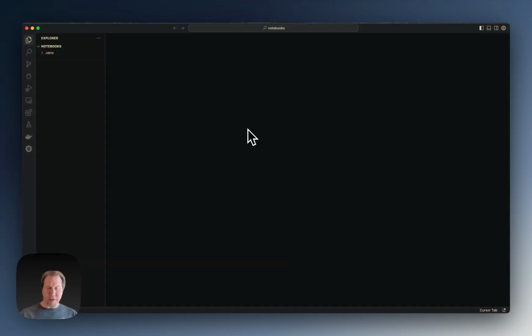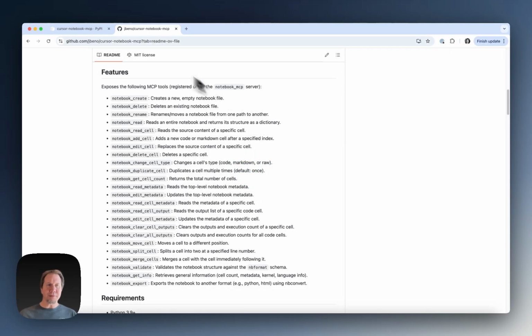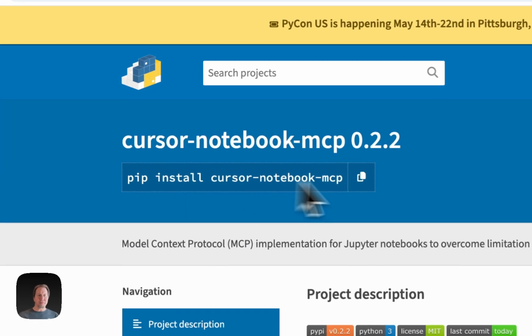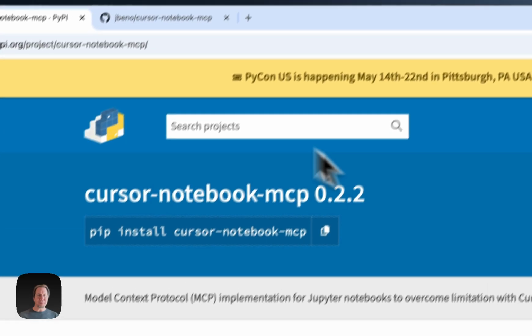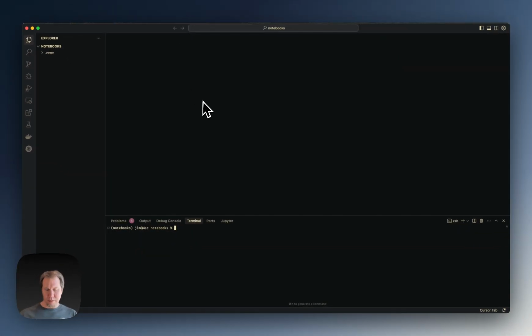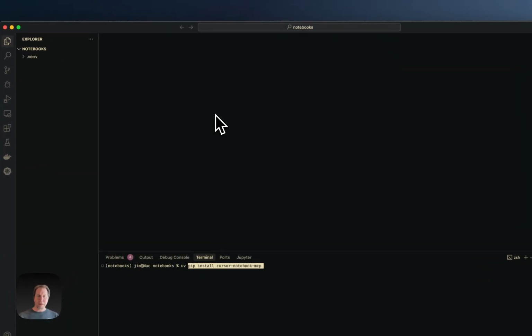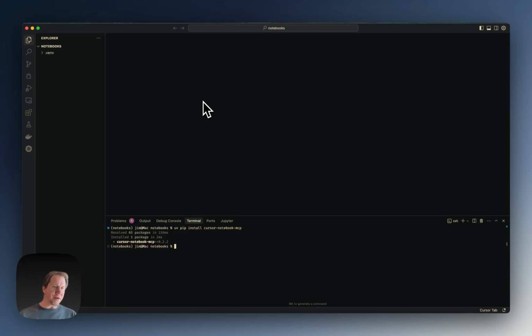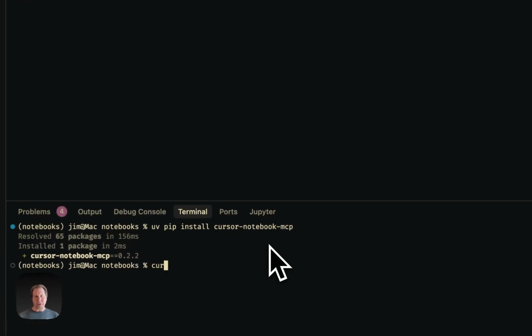And let's go take a look at the package. So, pip install Cursor Notebook MCP, right? So we're using UV. Let's go install it. And I may have had some of the dependencies installed already in this environment, so it didn't show that, but it would have installed some dependencies if they weren't there. There's definitely some dependencies. So if I do Cursor Notebook MCP,